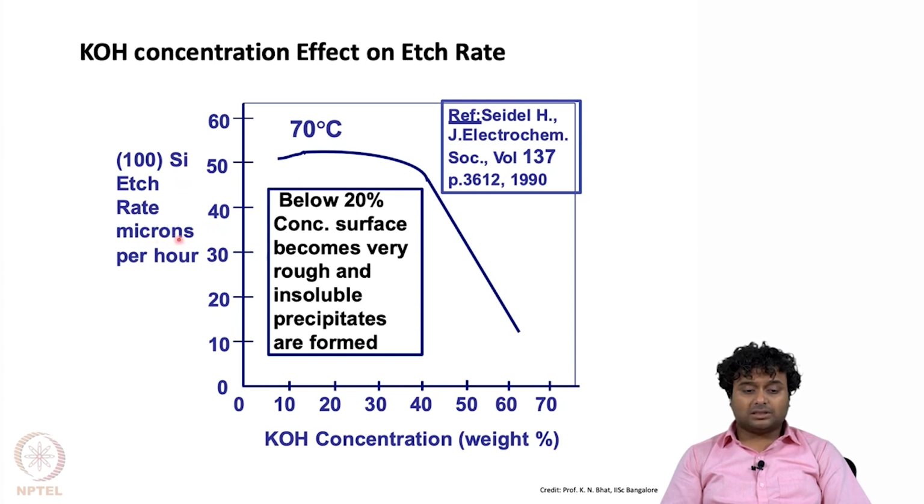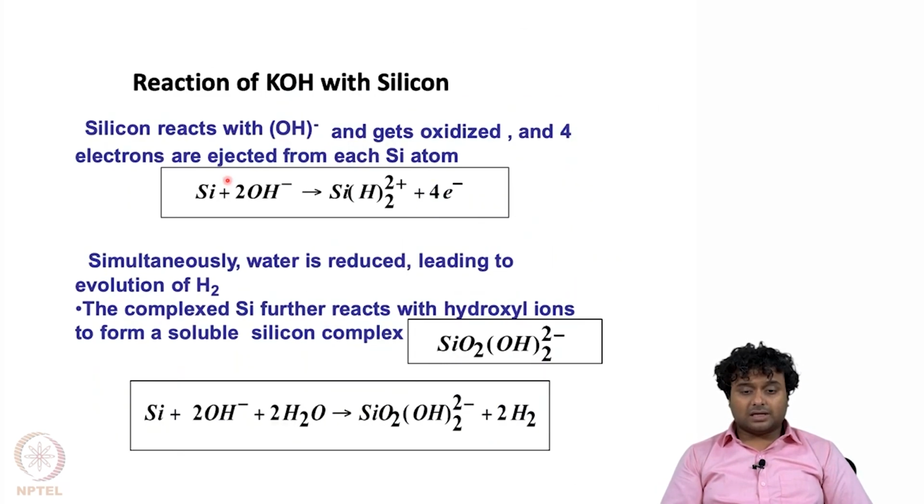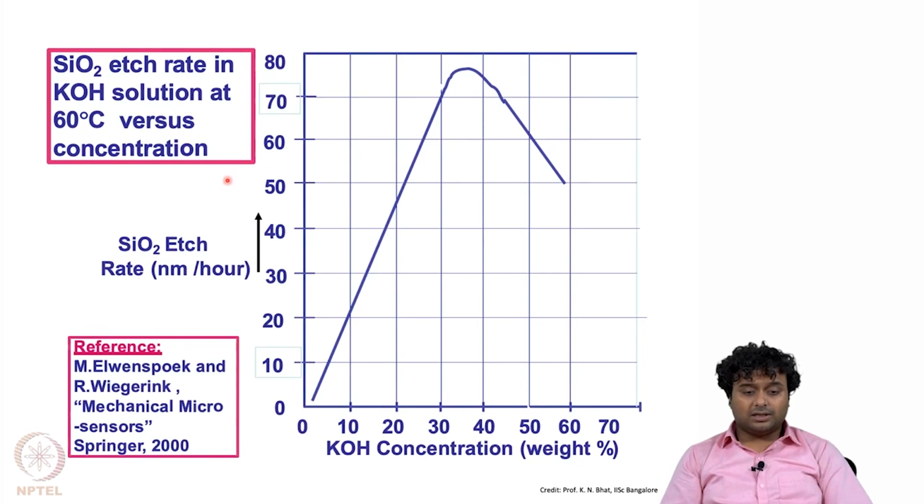You can see that this is like 40 or 50 microns per hour, whereas for SiO2 or silicon dioxide it is 60-70 nanometer per hour. So, the etching rate for SiO2 is almost 1000 times smaller than silicon, and this is a very important point, because we can use